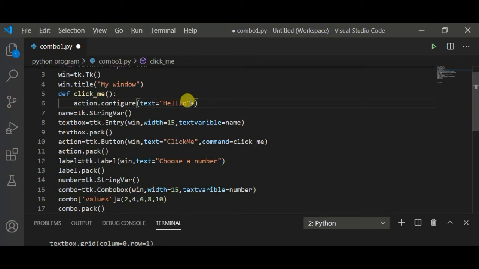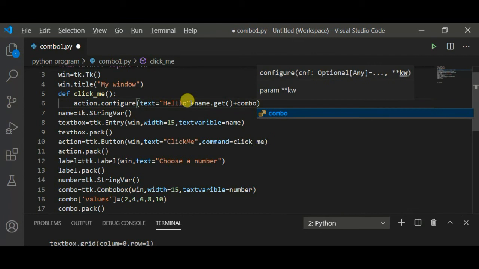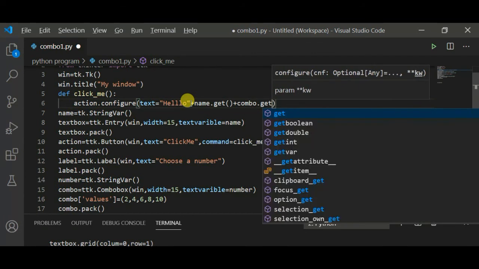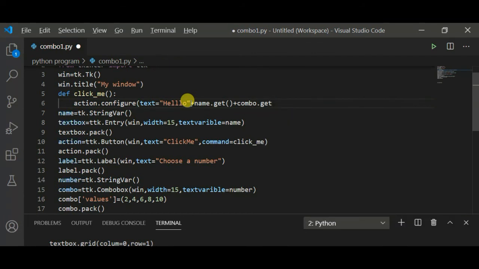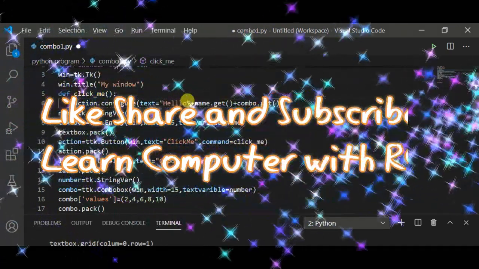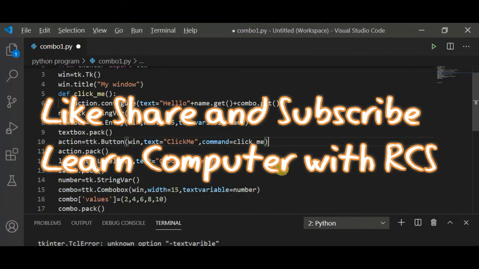For this I will write here name.get, and also concatenate the text of the combo box, that I will choose a number, combo.get. Now my program is completed.